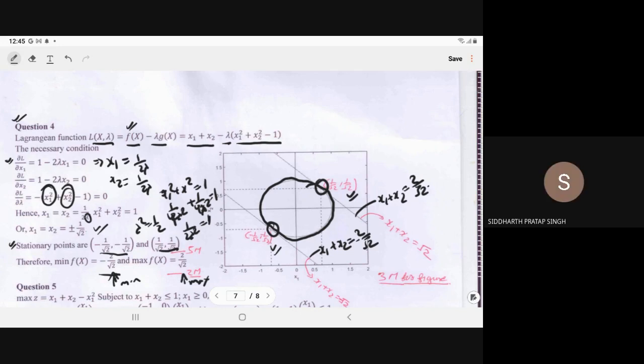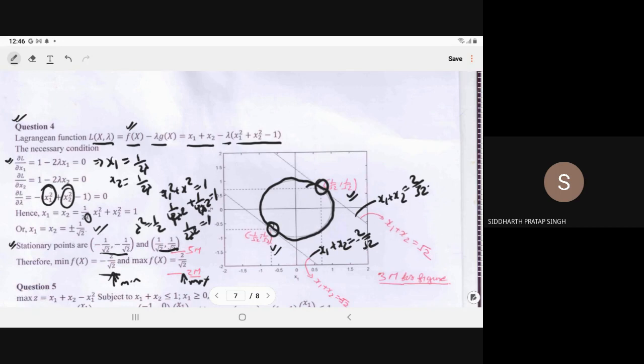Yes, sir. So some good questions we have covered. If it was not the case of the diagram, then we would have to take the second derivative, right, to figure out whether it is maximum or minimum. No, for the Lagrangian there is no need for the second derivative. We have the sufficient condition in the Lagrangian, but we have not covered it here. That is not in the course. It is a little typical, so we are not covering that part.